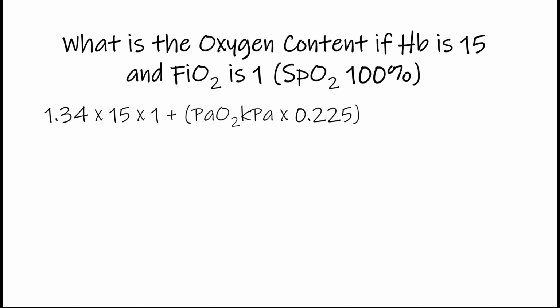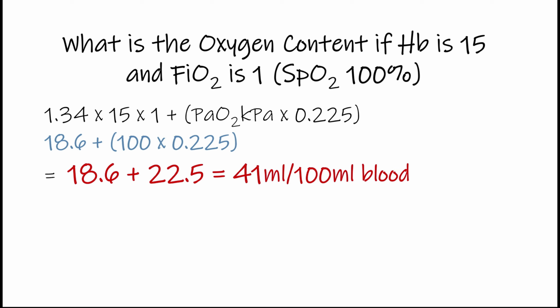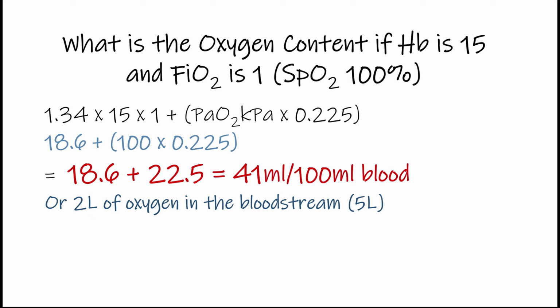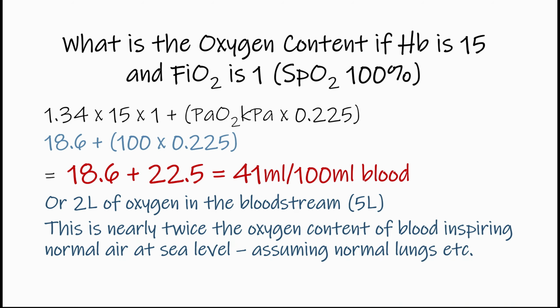Just out of interest, if we were giving Kevin 100% oxygen, and anesthesiologists routinely do this at the beginning of operations with the idea of washing out all the nitrogen from the blood, and ideally you will let the patient breathe 100% oxygen for a few minutes and everything equalizes out. Let's do the calculation. It's 18.6 because the amount of oxygen stuck to hemoglobin cannot be increased over 100%, plus 100 times 0.225, and that works out at 41 mils per 100 mils of blood, or 2 litres of oxygen in the bloodstream. The difference here is 18 mils per 100 mils of blood, or 900 mils in the bloodstream,